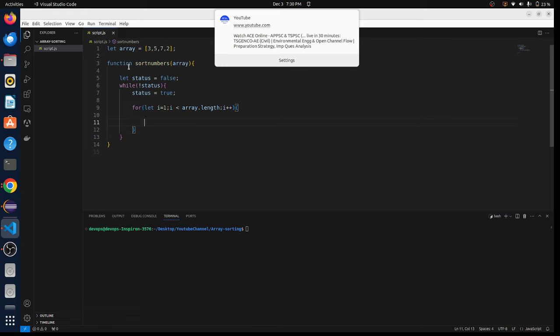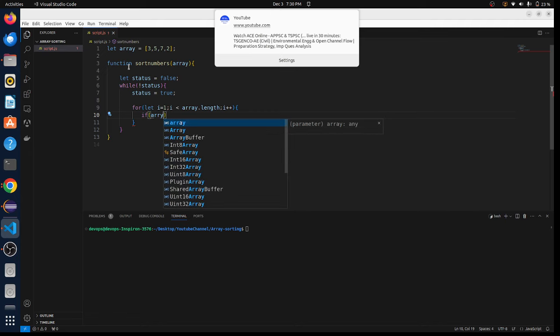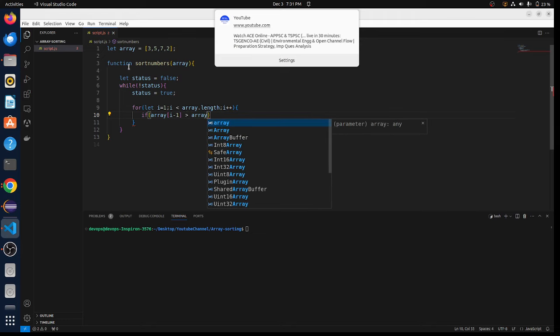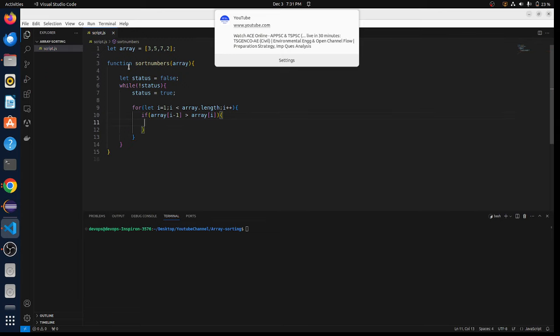Inside this for loop I am making the condition with if. Checking the condition: if array[i - 1] is greater than array[i]. What we are checking here, please observe clearly, is whether the element at index 0 is greater than the element at index 1. So if it is true,